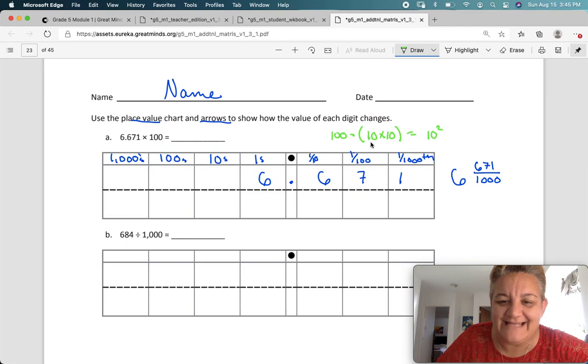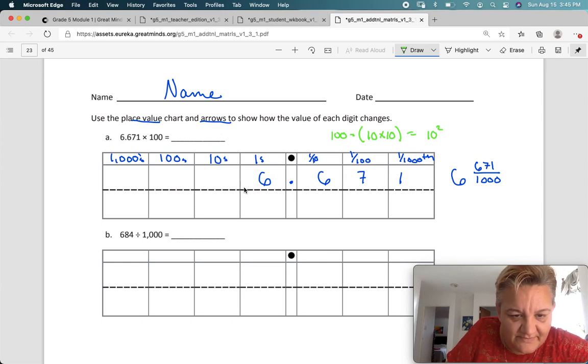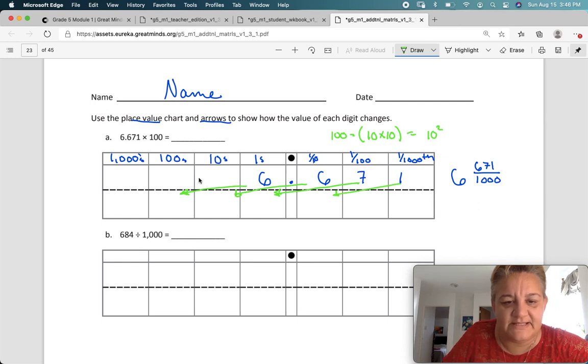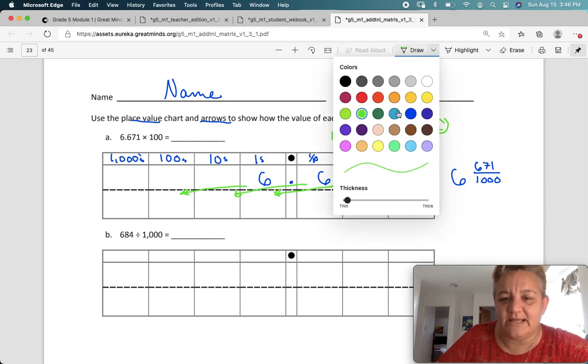So if I have a 10 and a 10, and each of these boxes is a base 10, I know that I'm going to move over this 6 2 times. So I'm going to move it over here, right there. And 6 tenths becomes 6 tens. 7 hundredths becomes 7 ones, and 1 thousandth becomes 1 tenth. Every single one moved over 2 spaces because of this number right here, and 10 squared just means 10 times 10, okay, or 100. Now I can write in my new answer,